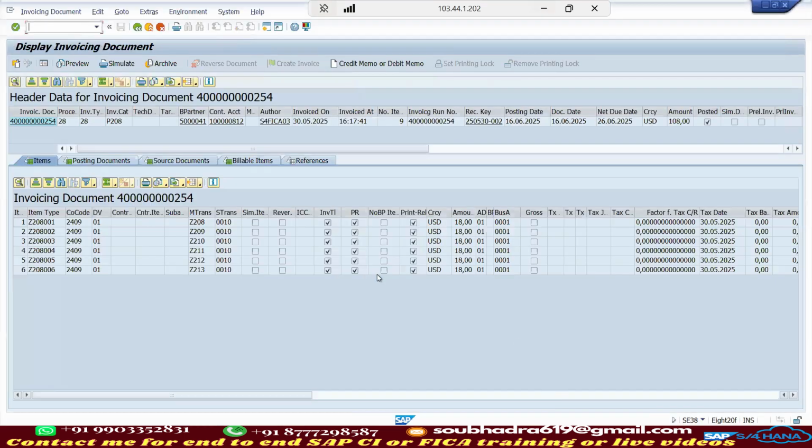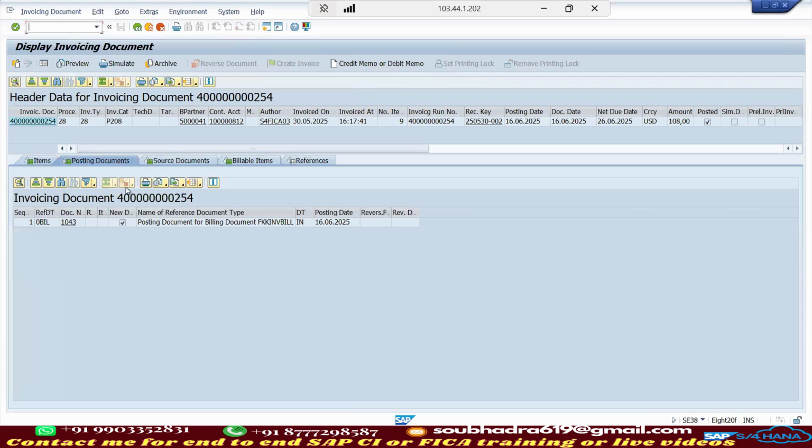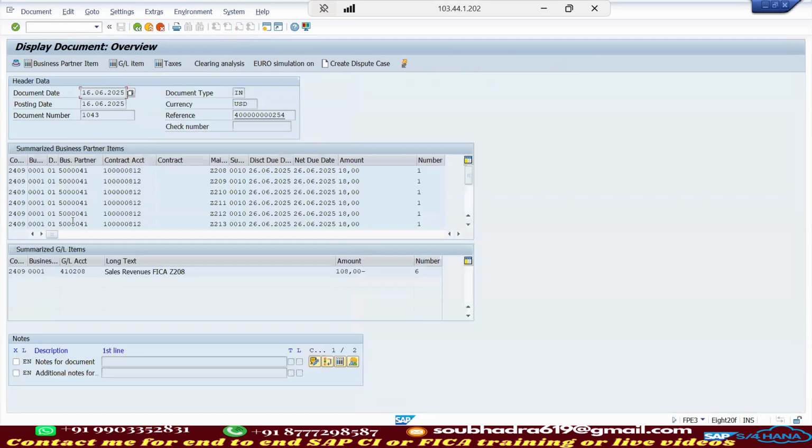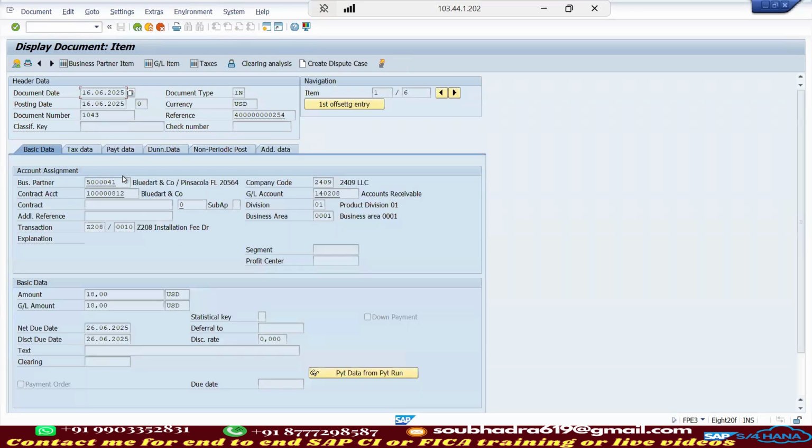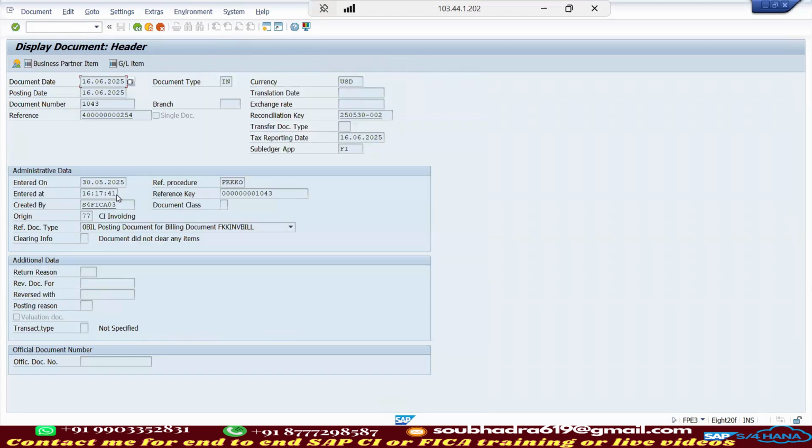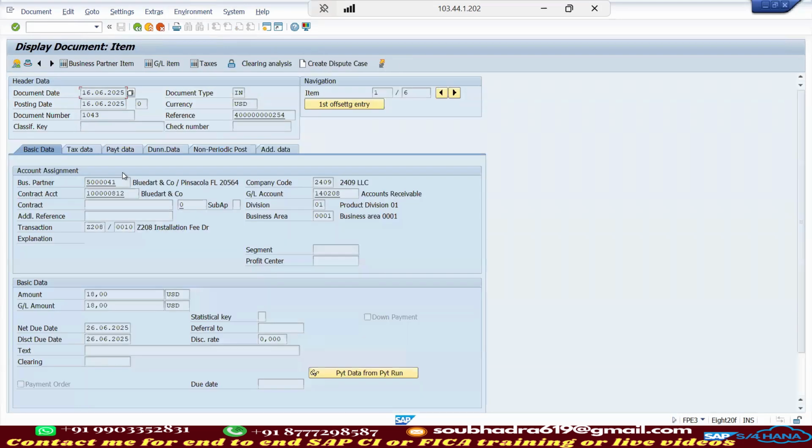Okay. So if I go to the FICA document, the FICA document is generated. Remember, two documents were there because of the discount. The second document came here, no discount. So single document. Now if I open the FICA document, it is exactly the same FICA document. I double click on it. Exactly the same FICA document, no change. If I go to the header, no change. CI invoicing. Now the change will come if I go back and go to the payment data tab,